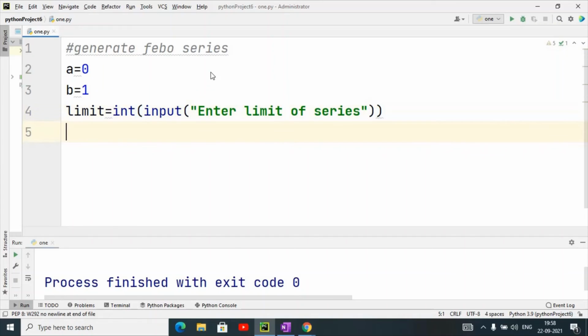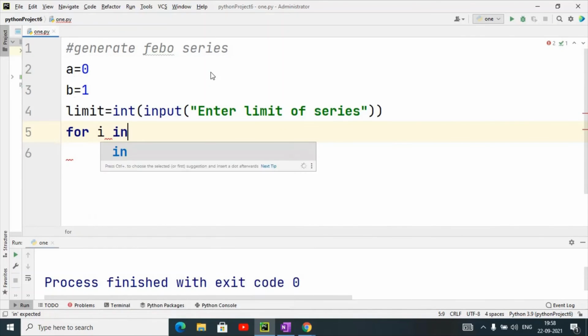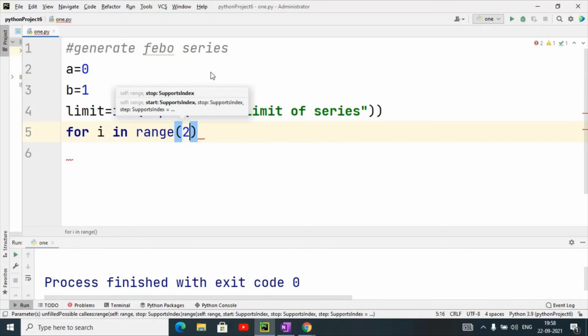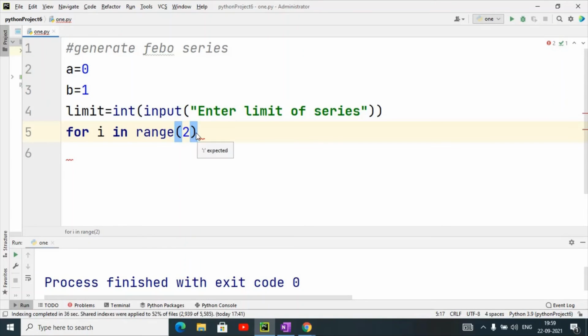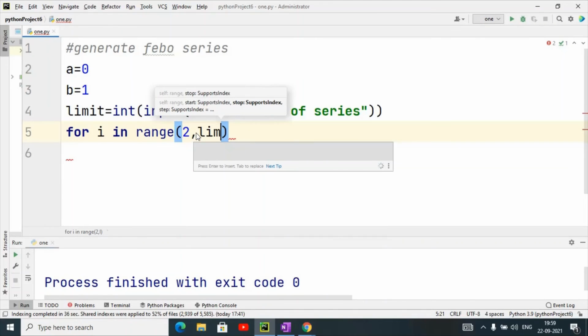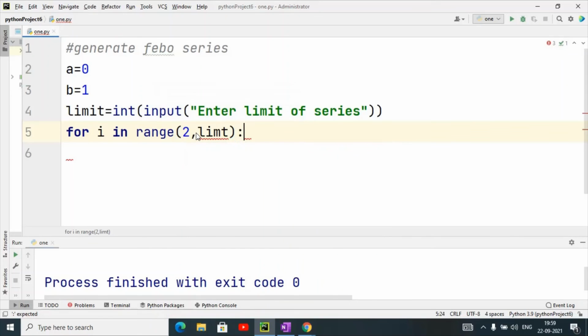Once I enter this, I will use for i in, starting from the second position, because the 0th element and the first element I already know. So I will use from 2 to that particular limit point.